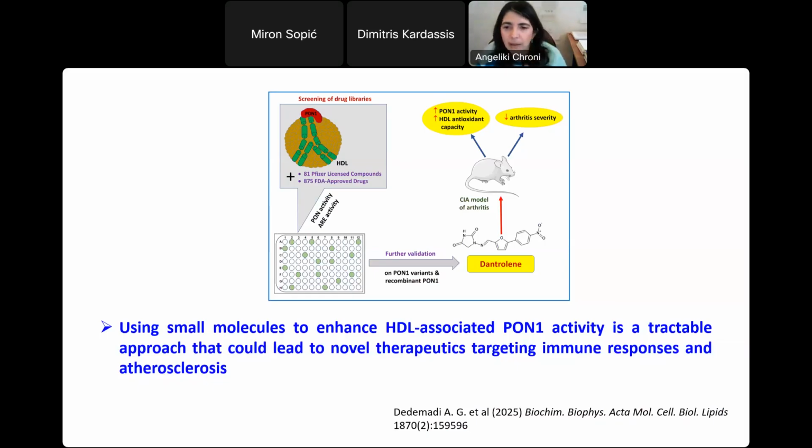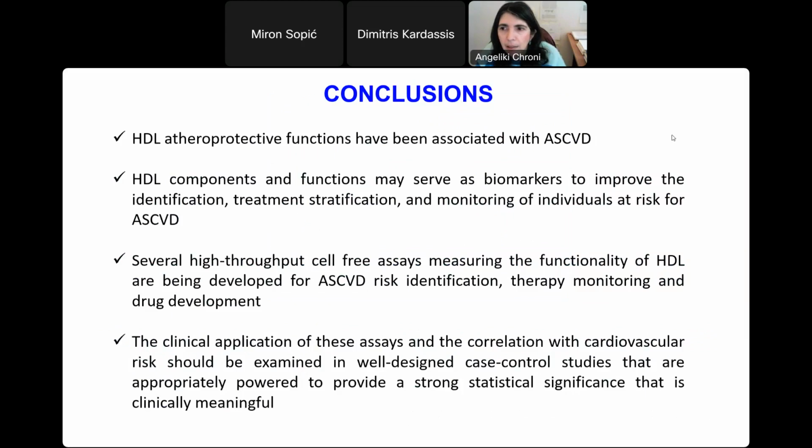This is a very recent study. It was published a couple of weeks ago. And just to finalize the overall talk, HDL atheroprotective functions have been associated with atherosclerotic cardiovascular disease. HDL components and functions may serve as biomarkers to improve identification, treatment stratification, and monitoring of individuals at risk for